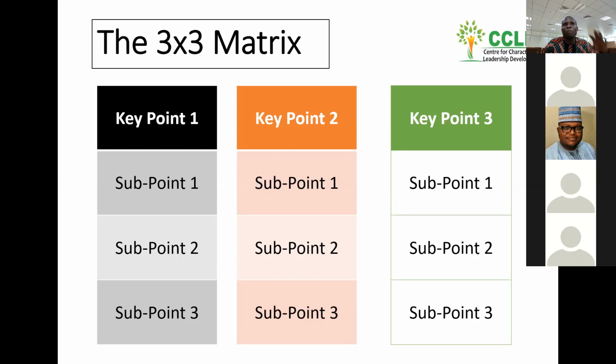Because under sub point 1, you are allowed to use as many stories as you want, as many statistics as you want. So you can just be playing around it. Even if they say talk for 3 minutes, 1 minute is for key point 1, 1 minute is for key point 2, and if I have 5 to 7 minutes, because in Toastmasters, you are allowed to speak for 5 to 7 minutes.